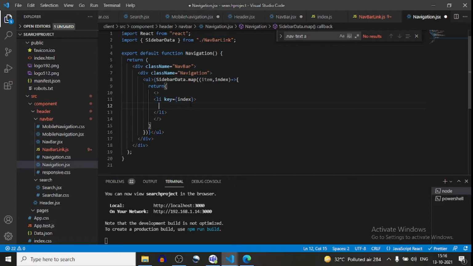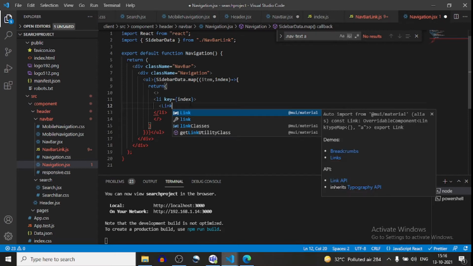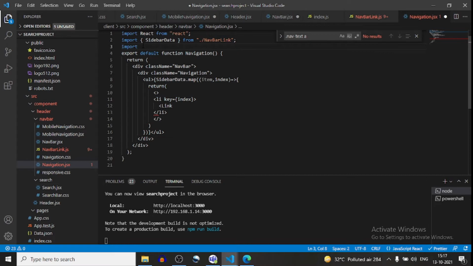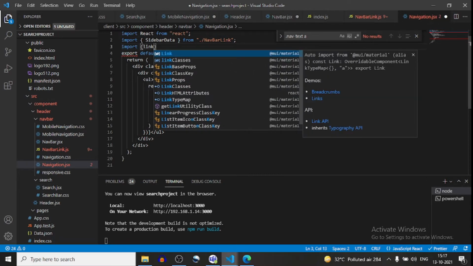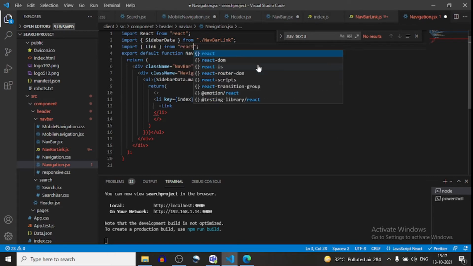Inside this li I will use Link. This Link is coming from React Router DOM, so I will import Link here. It is not from Material UI, it comes from React Router DOM.